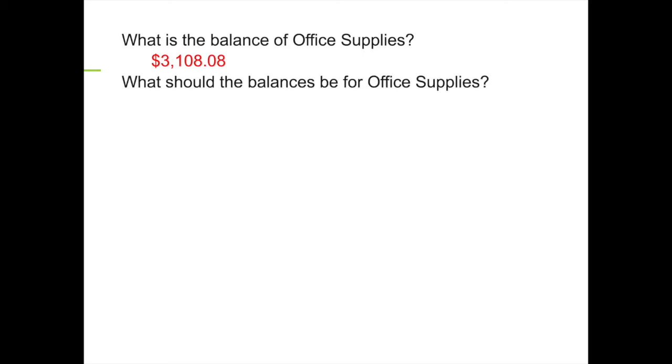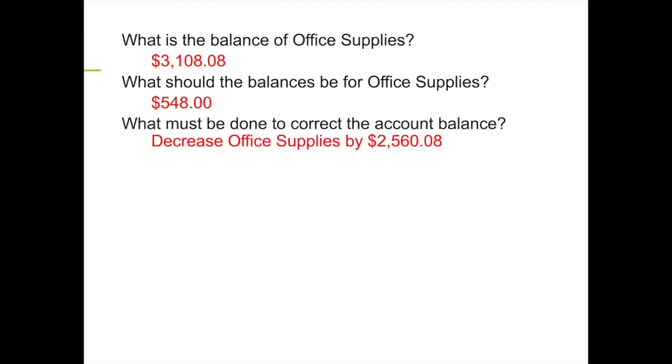What should the balance be for office supplies? If you look in your book, on page 445, you can see that the office supplies, once they did the inventory, are now worth $548. So again, it went down. You can see that it's gone down from the beginning of the fiscal period to the end. What must be done to correct the account balance? You will decrease office supplies by the difference,